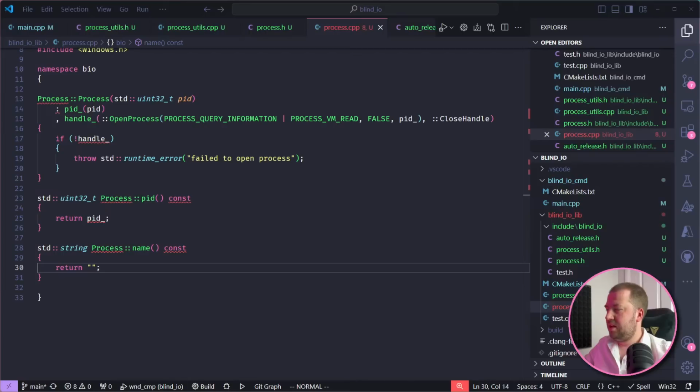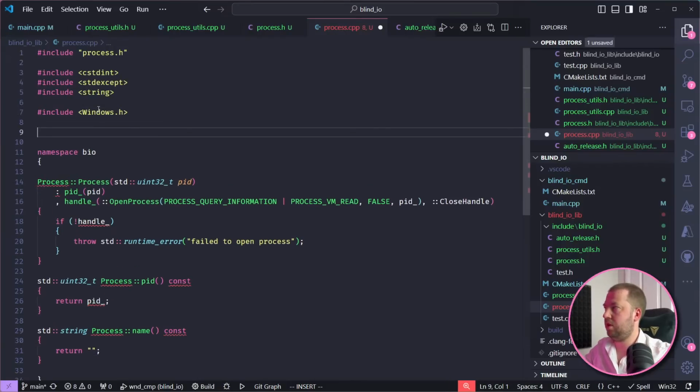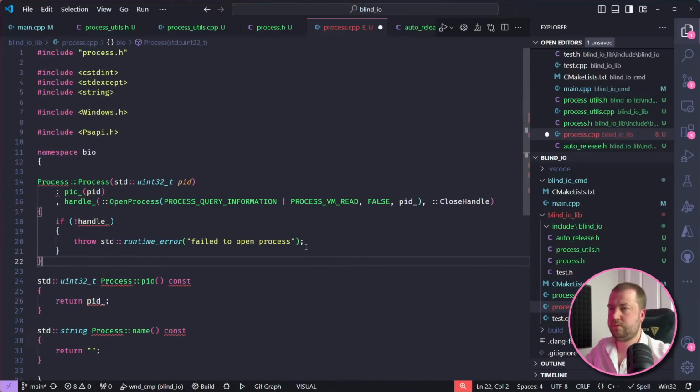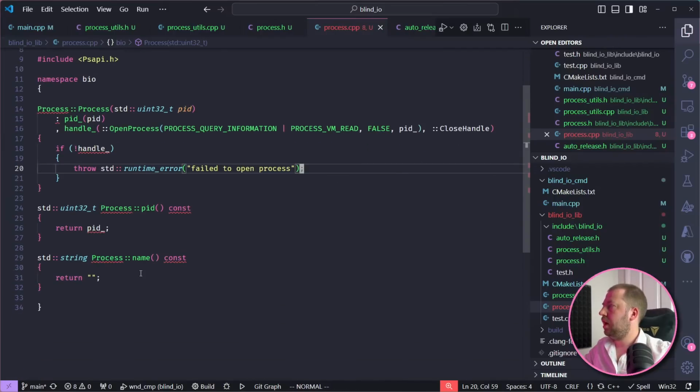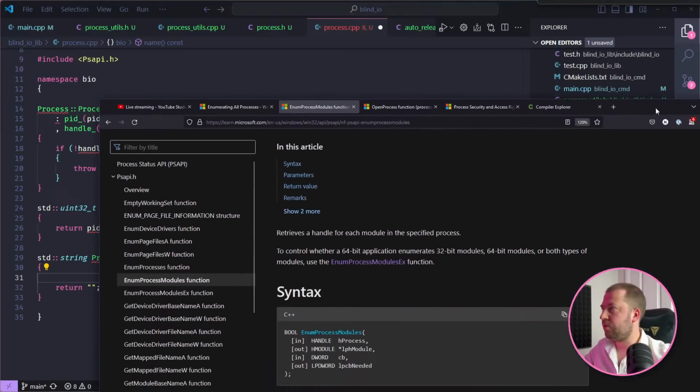So we need to call this function. Let's check that I've got #include <psapi.h>, right? So we're going to want to get, I'll start again, what does EnumProcessModules return? It returns